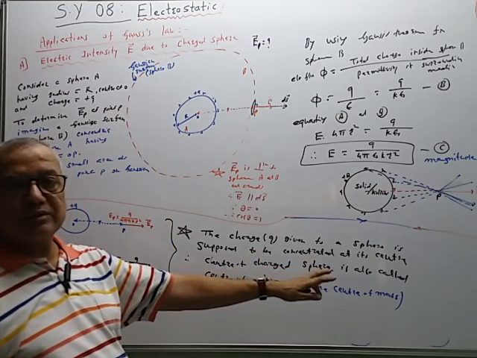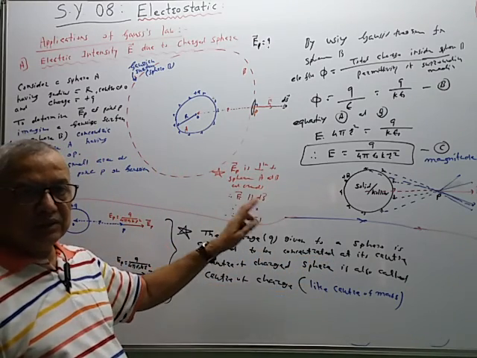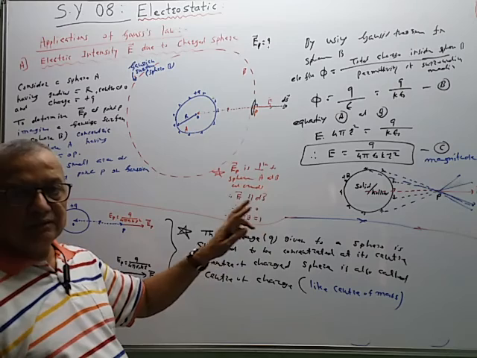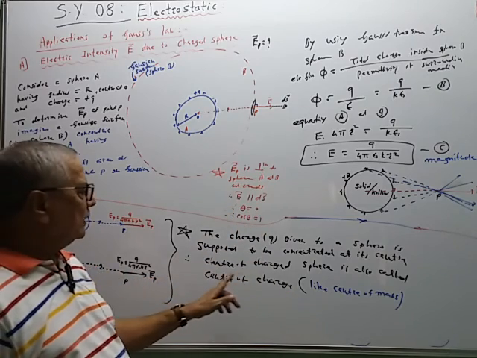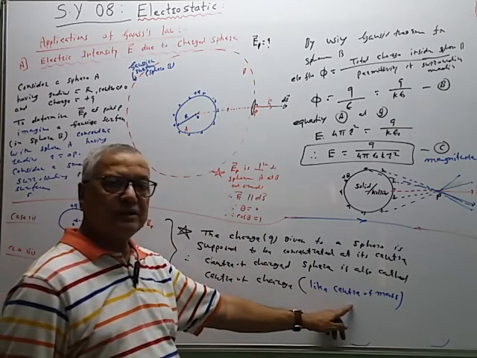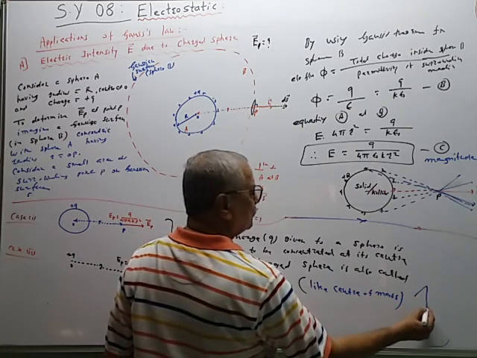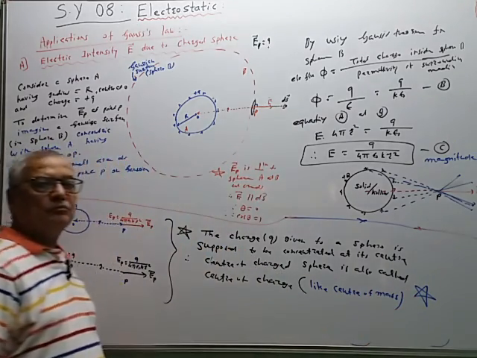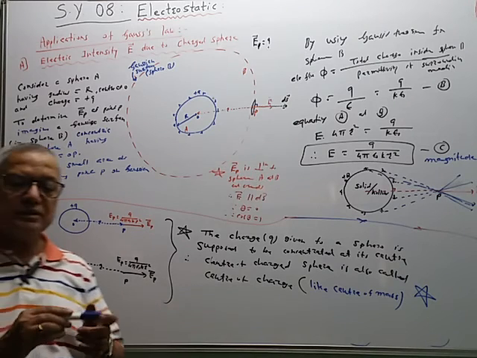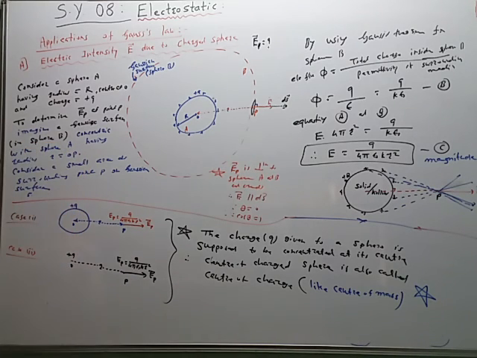Mass is supposed to be concentrated at the center of the sphere. Charge is supposed to be concentrated at the center of the sphere, and therefore it is called the center of charge. It is called the center of mass. So this is a very important conclusion. We will use this conclusion while we consider the capacity of a charged sphere or conductor like this. So this is about the first application.